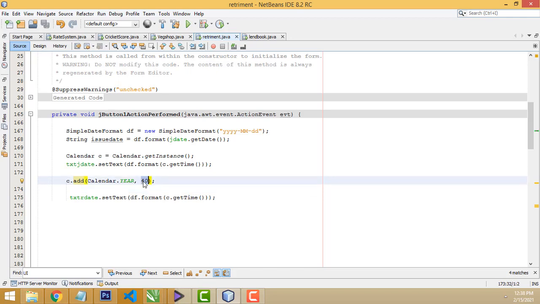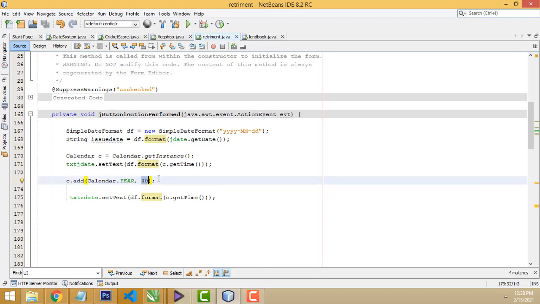So you have to provide whatever number you want to give. Here I have given only 40 years. If you want to give 60 years or 30 years or 50 years, you can give it here. In order for it to calculate your date, right? What's the join date? It will be calculated after 40 years like this, right?